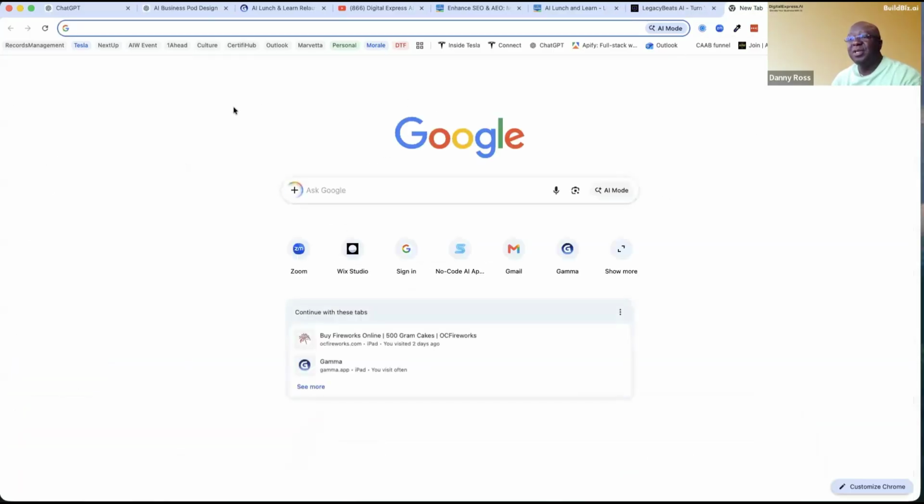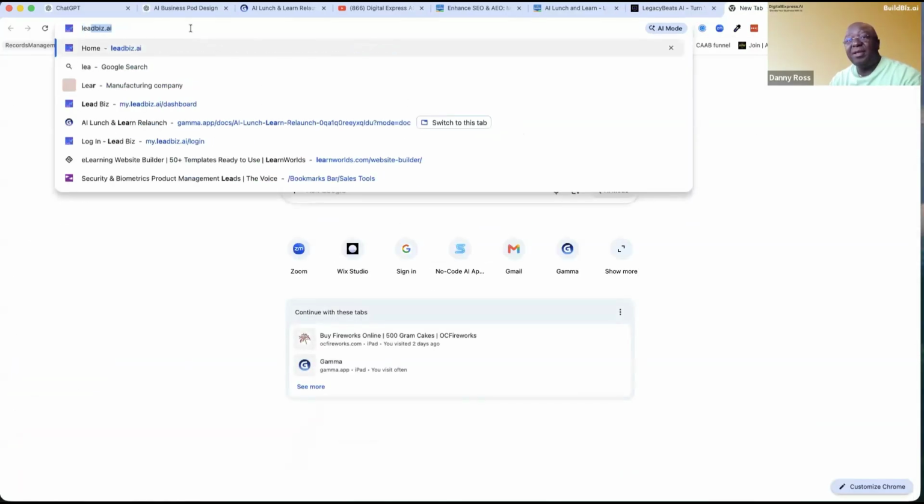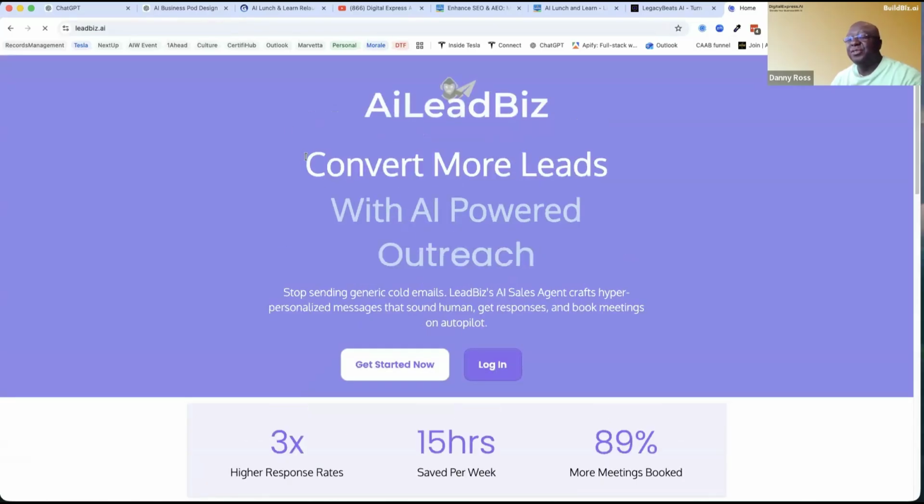The last one is an email AI agent called Leadbiz. I built this one a while back, and its job is to not only send outreach, meaning send emails for you. So again, the AI can help you create the email, and then the AI can help you send. So it's effectively a sales agent, specifically in the email space. And so it can send that email. What's great is it can do all of that work and personalize each email as it goes out for each person that you're sending it to.